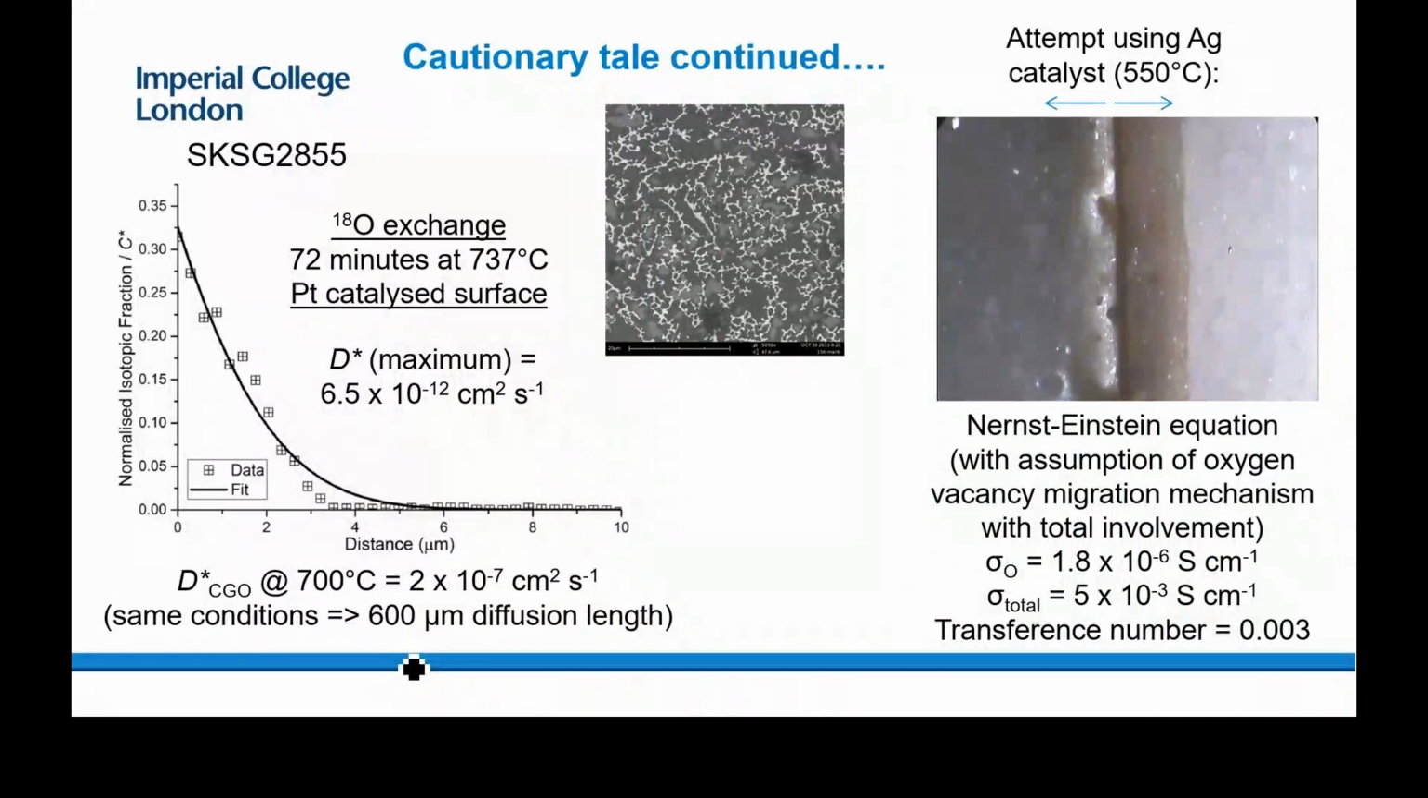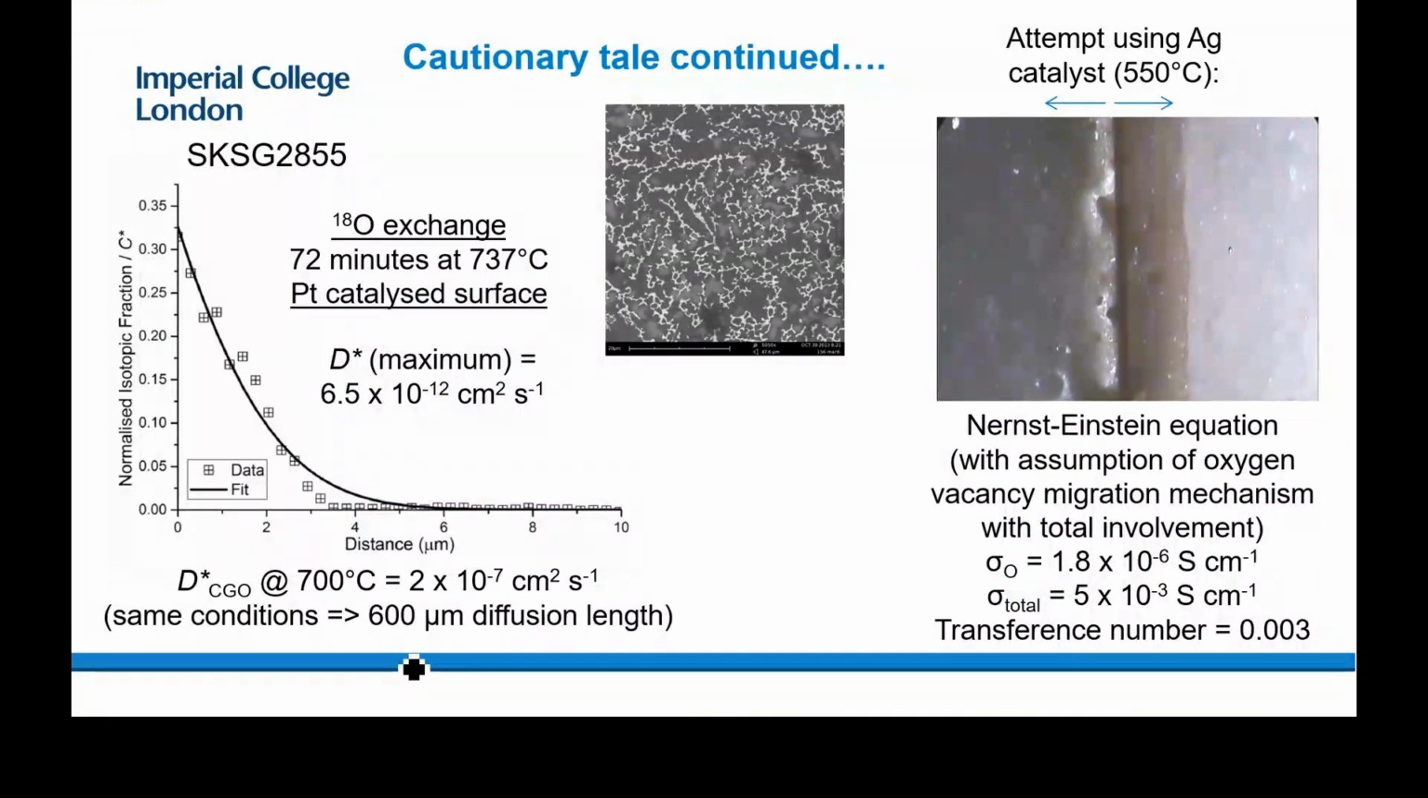So we do the preparation of the sample. We do an O18 exchange, 70 odd minutes at 740 with platinum on the surface. So we put platinum there as an oxygen reduction catalyst, so there's no possibility that our measurements are skewed by it not being able to get oxygen into the surface. Okay. So we do that, we do the measurement, and we get a diffusion profile just about out to about 8 microns. And from that, we get the maximum diffusivity as being 10 to the minus 12 centimeters squared per